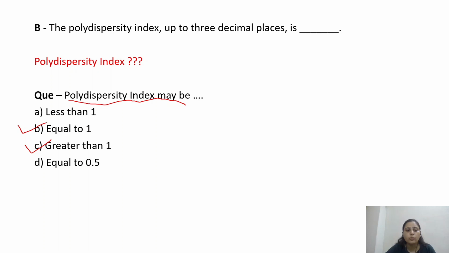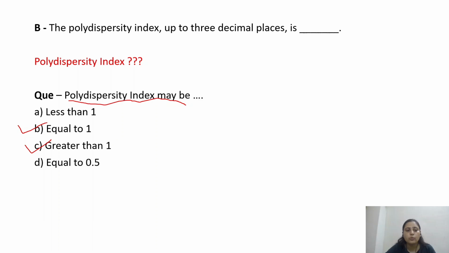And then let's come back to question B, which is calculating the polydispersity index. As we already know, the polydispersity index is the ratio of MW by Mn. Here in part A, we have already calculated the Mn value. So now we need to just calculate MW. Let's see the solution. MW value is the summation of Ni Mi square divided by